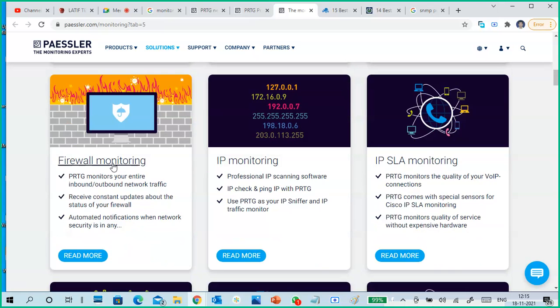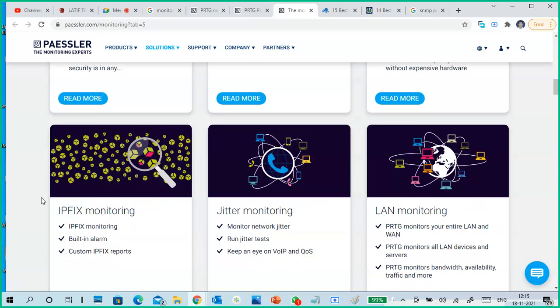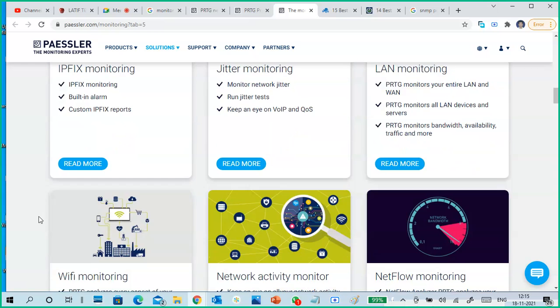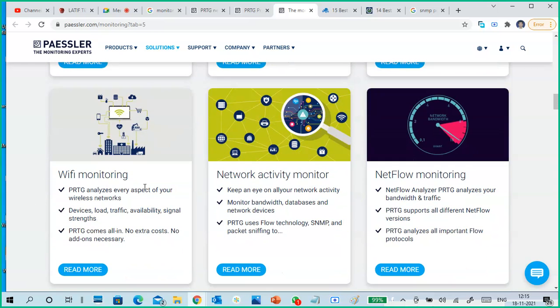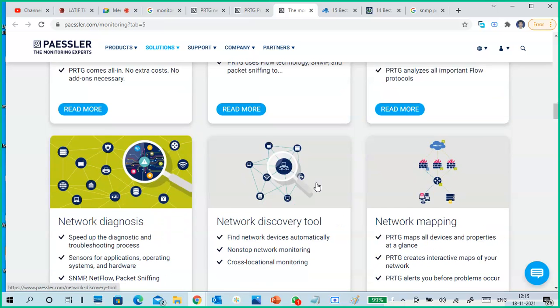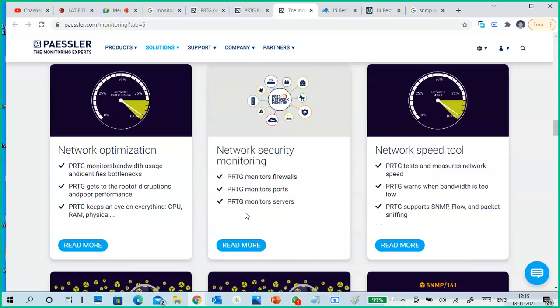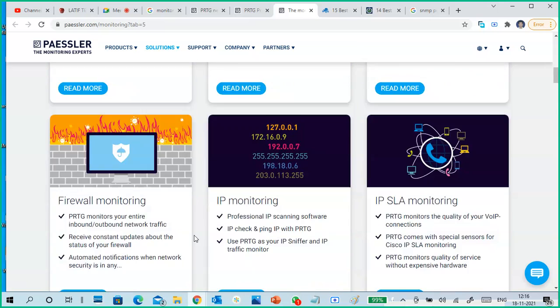You'll get it. IP monitoring, firewall monitoring, IPSLA monitoring, LAN monitoring, Wi-Fi monitoring. So if you have a Wi-Fi network, then we use Wi-Fi monitoring like this. NetFlow monitoring. So there are different types of monitoring tools.